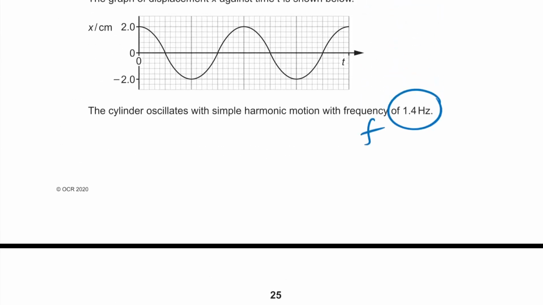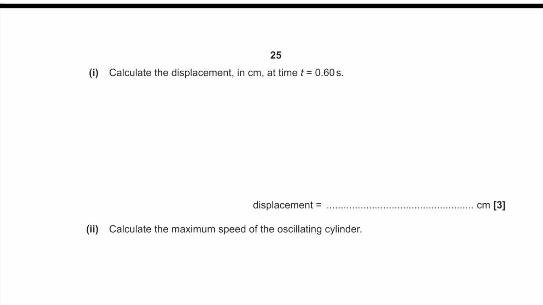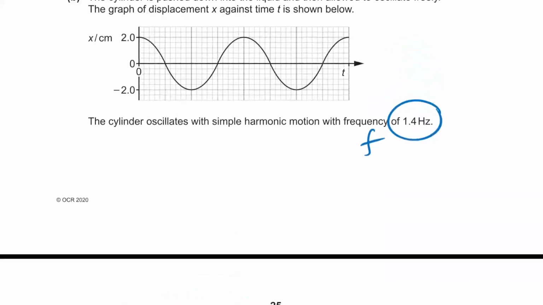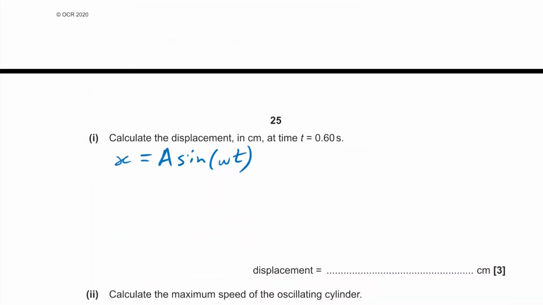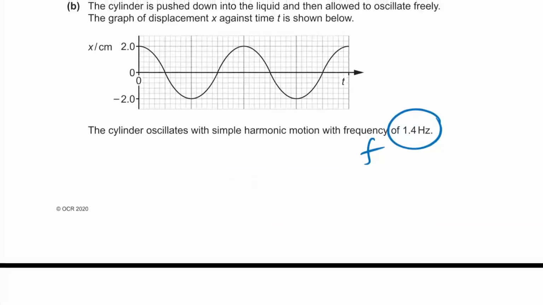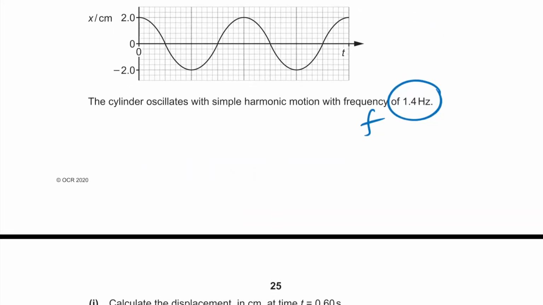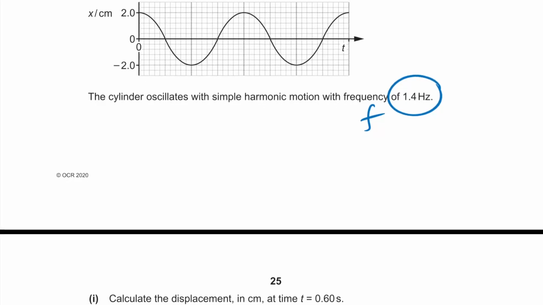t equals 0.6 seconds. Okay, so we're going to need our OG SHM equation that tells us what the position is, the displacement is at any time. x is equal to A sine omega t. Hang on a minute. Oh, no, we're not using sine because it's starting at amplitude. Guys, just to remind you, cos and sine, they're exactly the same function. It's just one is shifted 90 degrees from the other one. So you just have to use the right one for the right situation. So just be careful. If it says in your equation sheet, use sine,